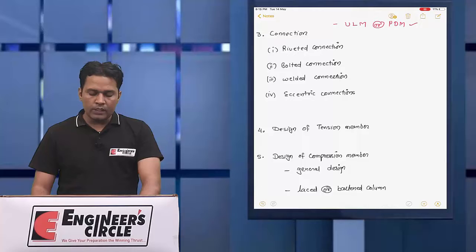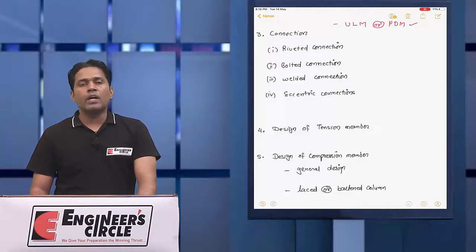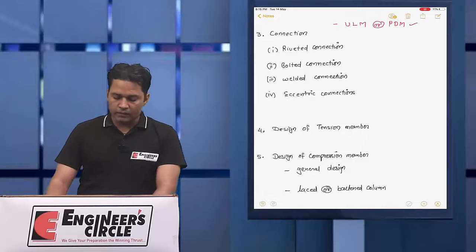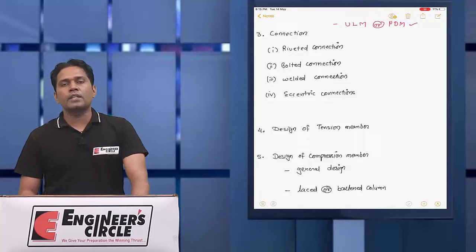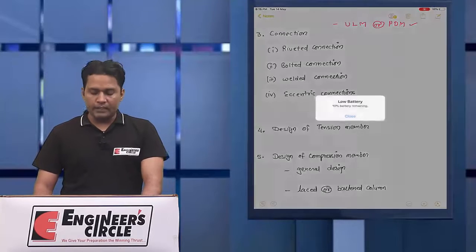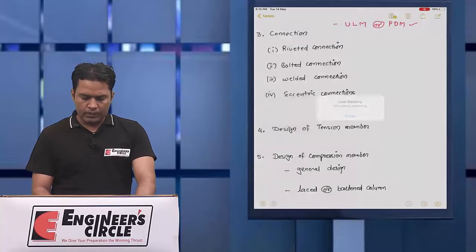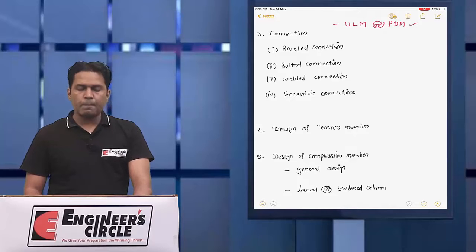Then we will move on to the connection part. You have two kinds of connection: one is the axially loaded connection, another is the eccentric connection. So we will see the axially loaded connection and eccentric connection, all three kinds: the riveted connection, the bolted connection and the welded connection.